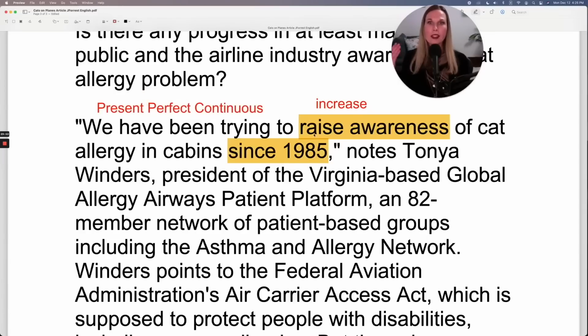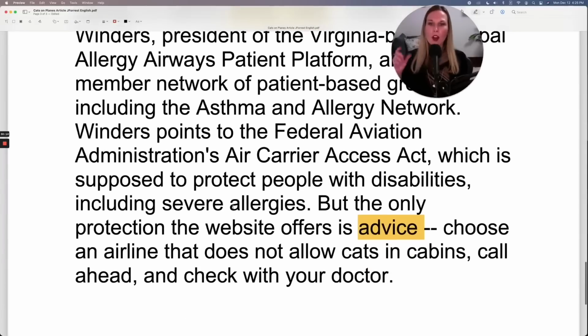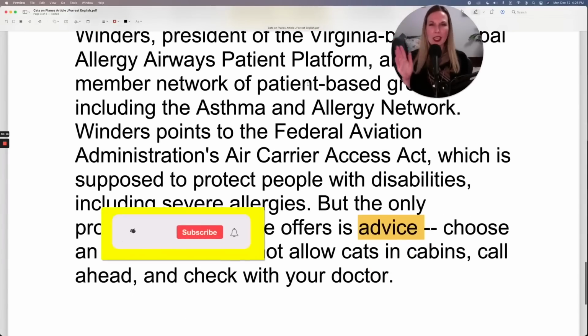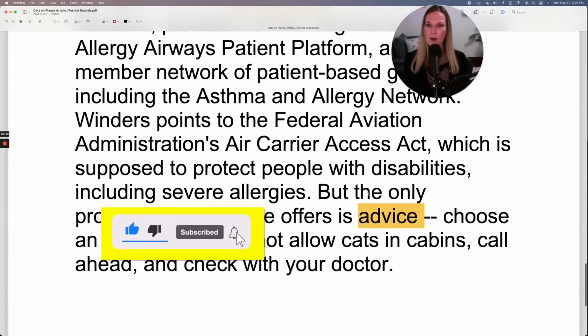So when did this action start? Well, it started in 1985. So that was the start point, 1985, and then it's continued all the way until now, and it will continue until some unknown time in the future. So not too much on this last page because it was mainly those long groups, those long organizations.